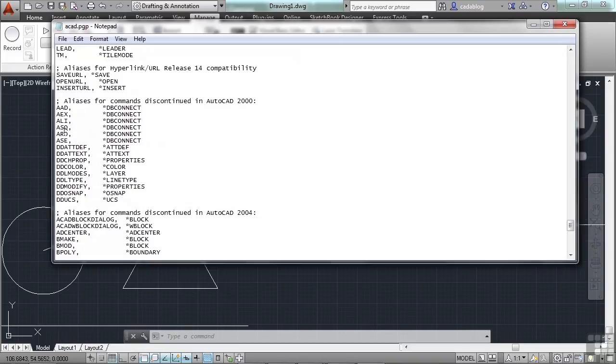Now, in this case, these are commands for discontinued AutoCAD commands, meaning these commands right here in this left column no longer exist. So people were still using them even in AutoCAD 2000 when these commands were gotten rid of. And they didn't want people to get frustrated or to not know how to use the same or similar functionality. So people were putting in